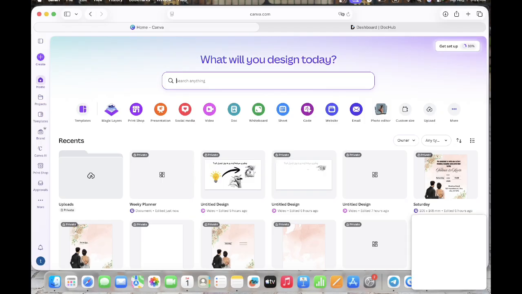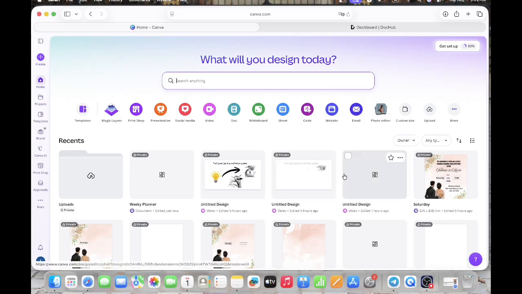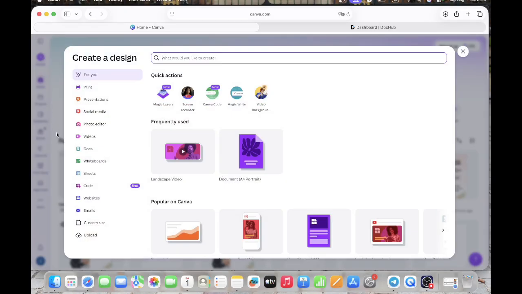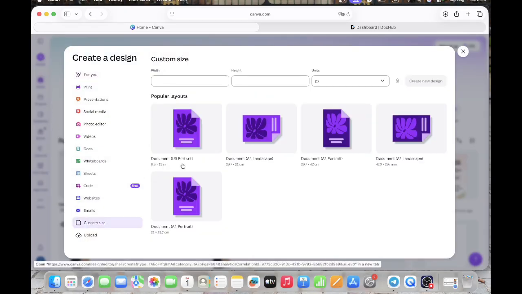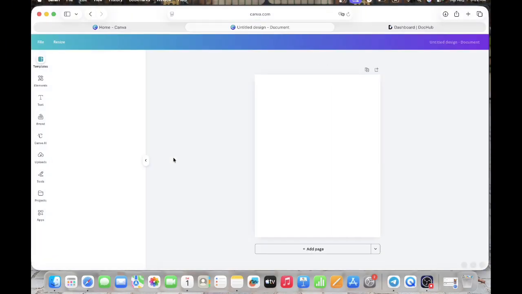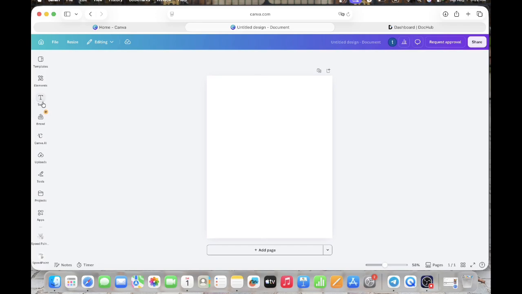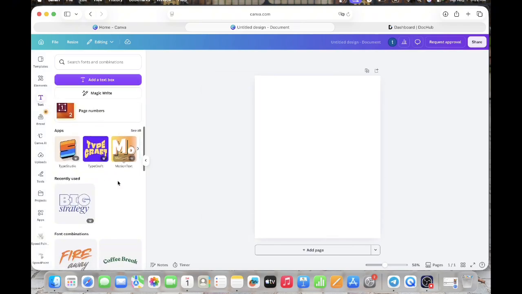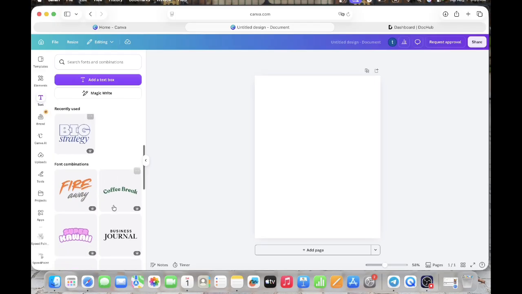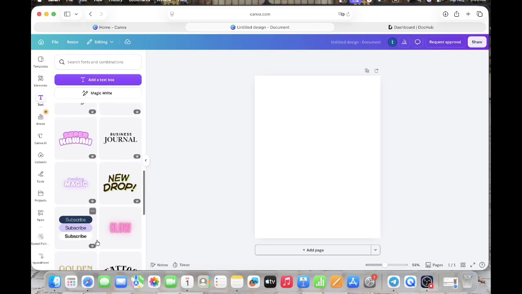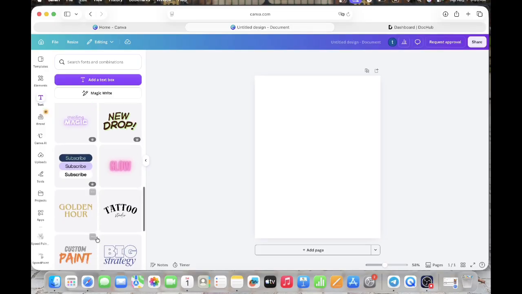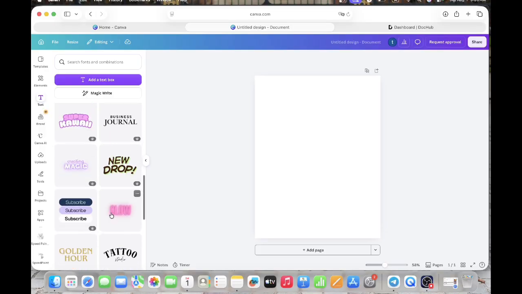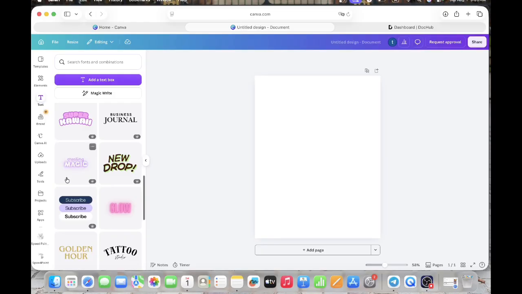Today, I want to show you how you can create a fillable PDF or fillable planner. First, click on Create or Plus, and then go to the custom size. Most of the time I choose this size, 8.5 by 11 inches, and then go to the text. You can choose the heading or the subheading, but you can also choose another one like this, and there are a lot of free ones. If you go down, you can find free ones like this. And okay, I want to choose this one,